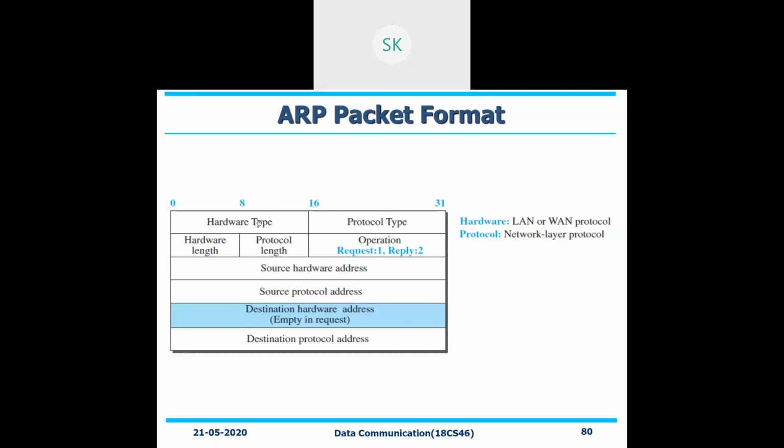Next one is with respect to your hardware type. Whatever hardware type you are using, depending on that, you will be getting an address. What is the length of that particular address? Hardware length is nothing but the length of the address that you are mentioning. Similarly, a length is given for the protocol that you are using, that is, how much data you can transmit. The length of the protocol will be decided and kept.